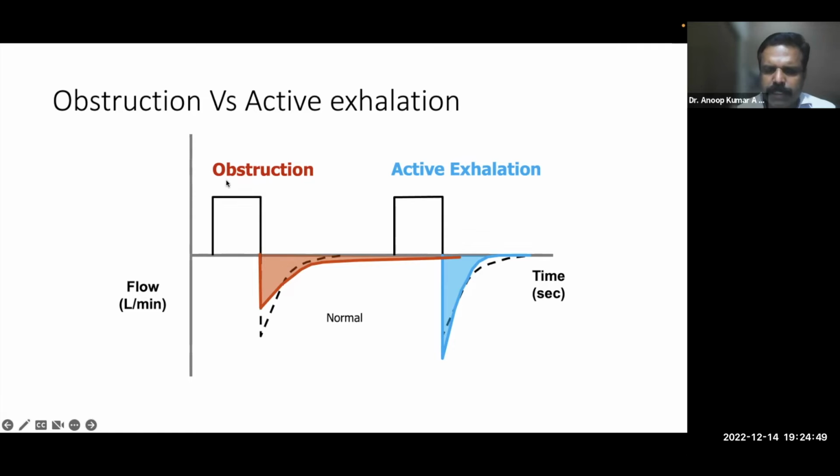Suppose there is an obstruction; the obstruction usually causes an expiratory flow limitation, so the expiration will become prolonged. Here the dotted one is the normal expiration. That will take more time to touch the baseline if there is an airway obstruction